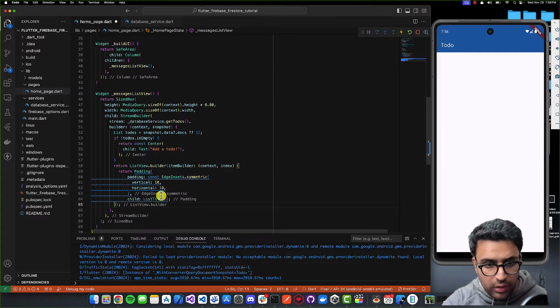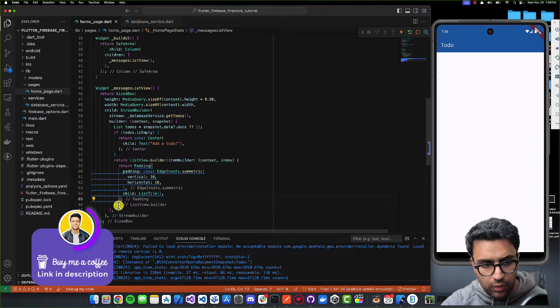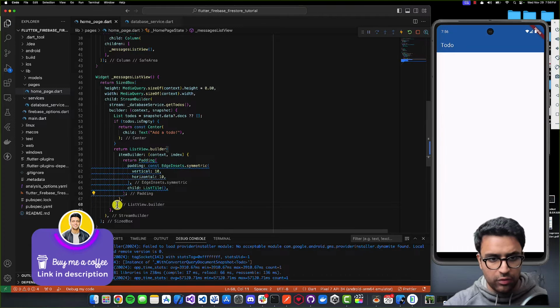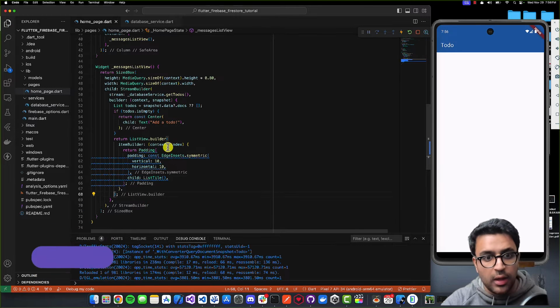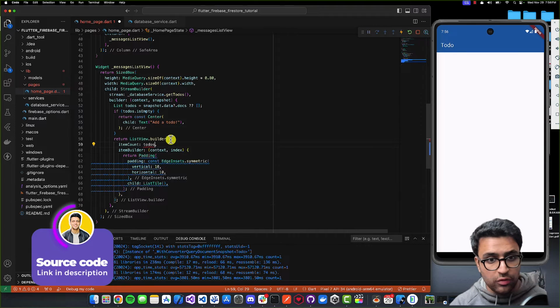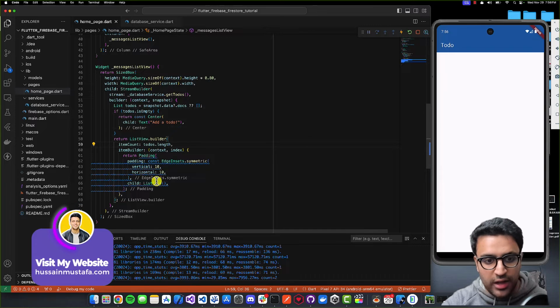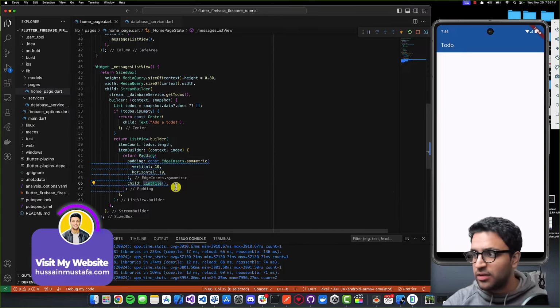And then what I'll do is that I will just add the remaining semicolons or commas where I have to add, just to make sure that the code is formatted nice. And then for my list view builder, I'm going to set the item count to be our to-dos.length and do command save. And then what I'm going to do is that within my list tile, before I actually show anything